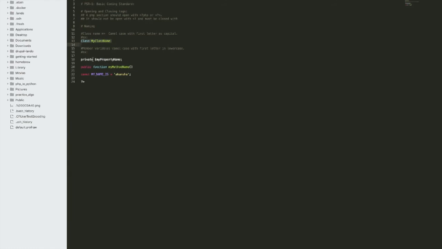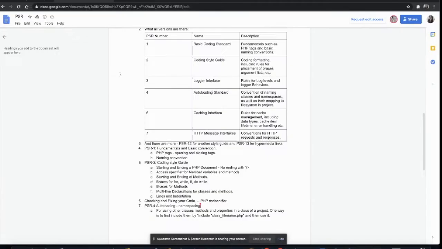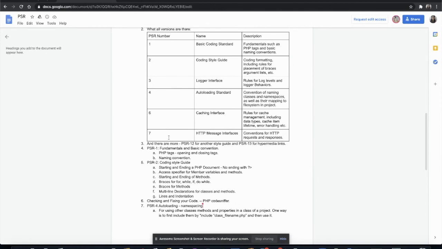Member variables should follow camel casing again, but the first character must be a small letter. Similarly, methods or functions should also be in camel casing. Constants must all be in capitals and concatenated with underscores. So this is an example for that. This is all about PSR 1.